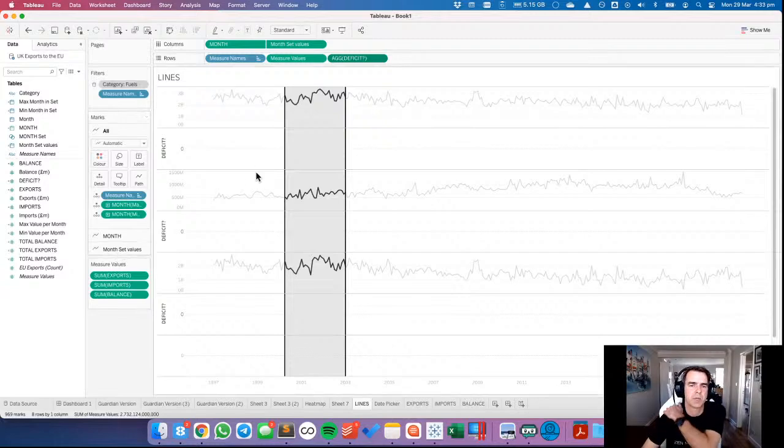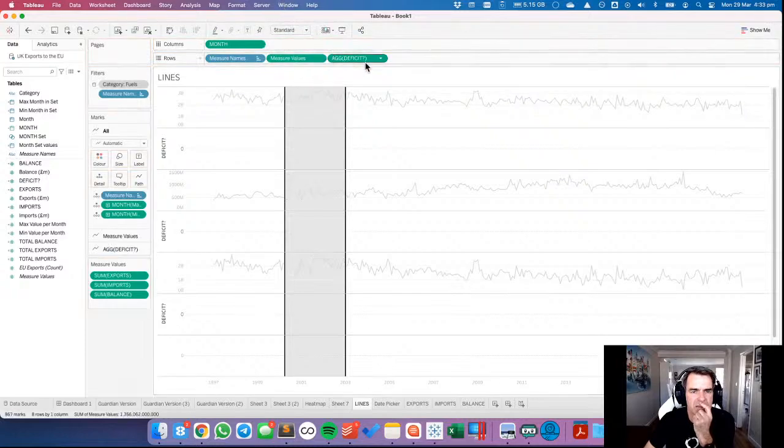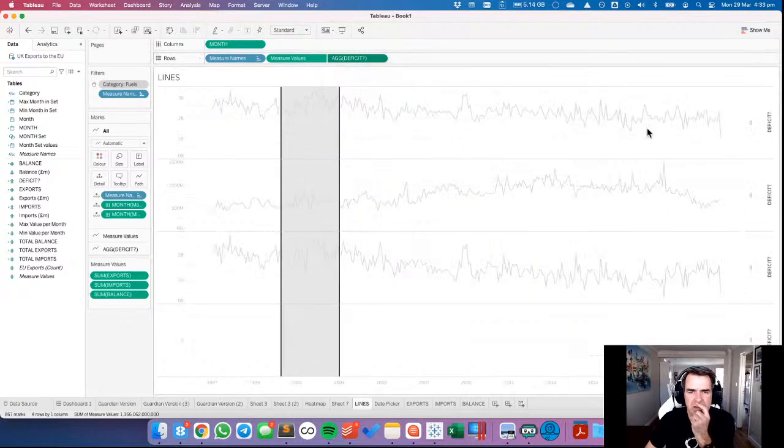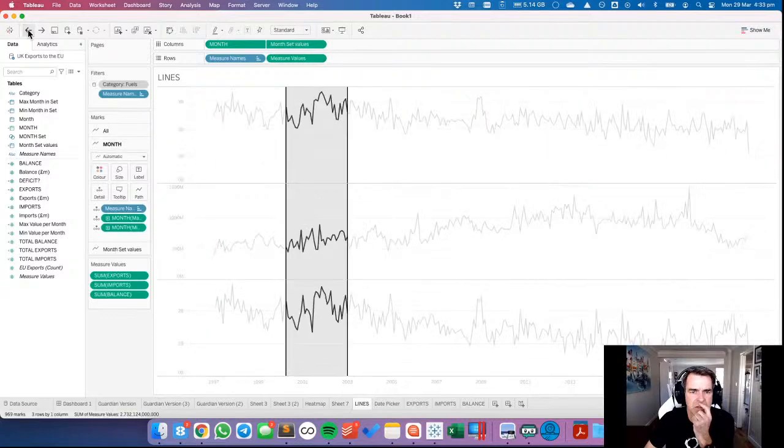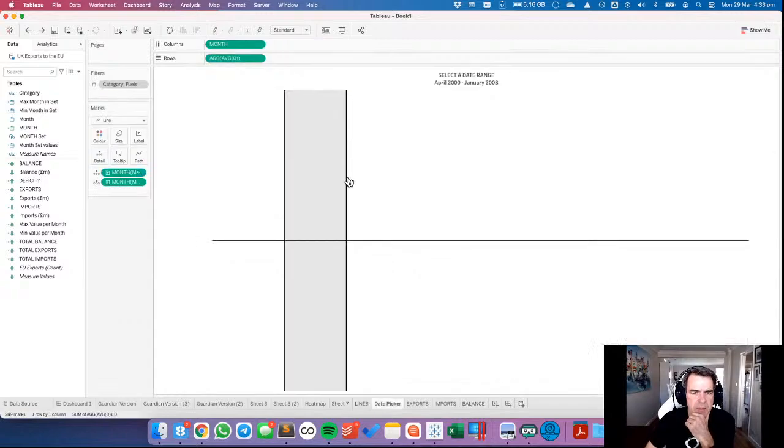Oh, I can't do a double dual axis, crap, because I wanted to do this coloring in between the lines. So if I get rid of that, then I can make this a dual axis, and I could make these dots, but yeah, that's not going to work. Because I like how this is highlighted in the middle. On my date picker, I could